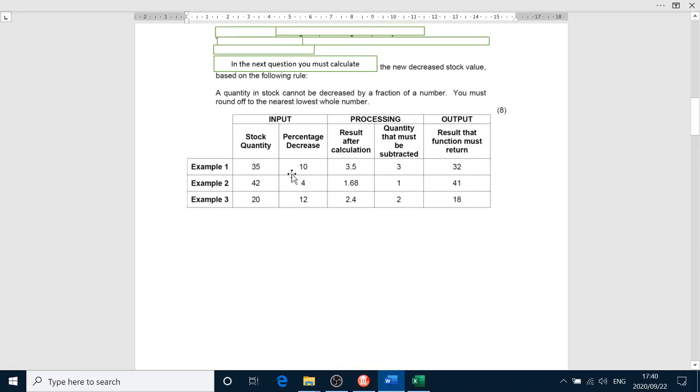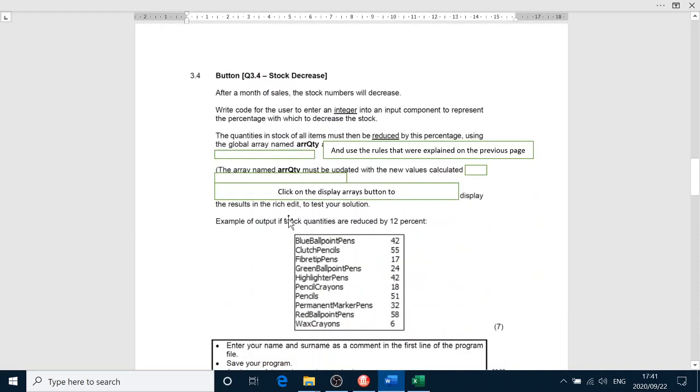So if the percentage increase is 10%, percentage decrease, and then we get 3.5 as our percentage that we want to decrease it, we're only going to decrease it by 3. So if it's 1.68, we can only decrease by 1. If the percentage decrease is 2.4, we only decrease by 2. So we're basically going to disregard any decimal points of that percentage decrease, the quantity that we're going to decrease by after calculating what the percentage is. So that's the table that we have to look at when we do this, and well, we've looked at it,